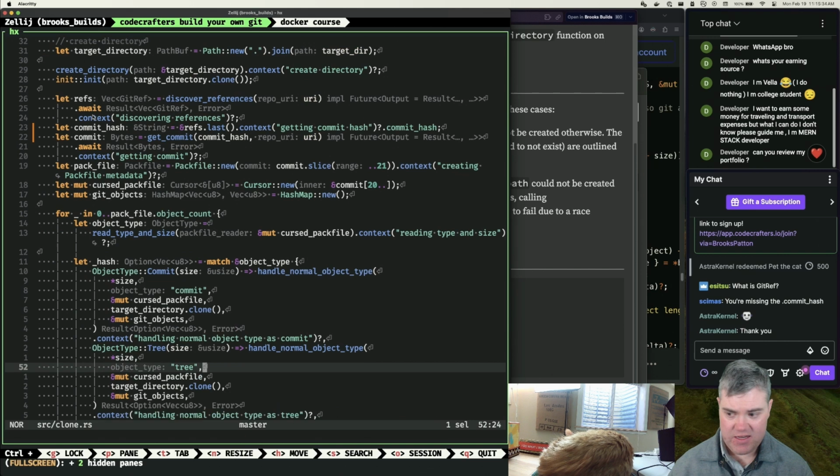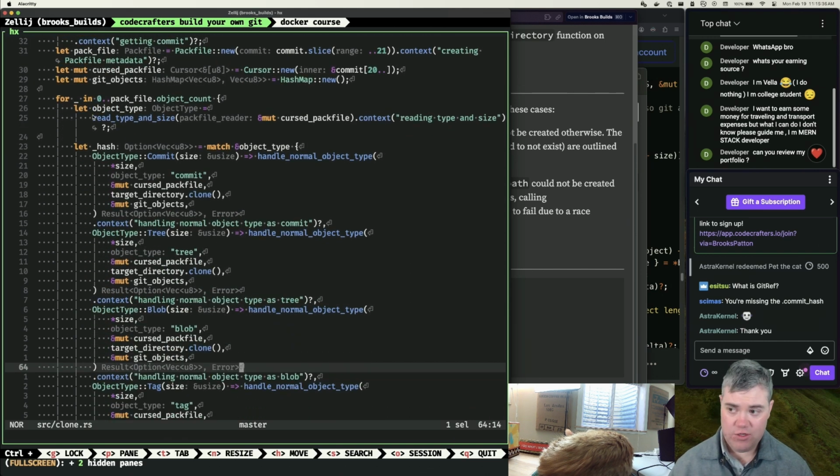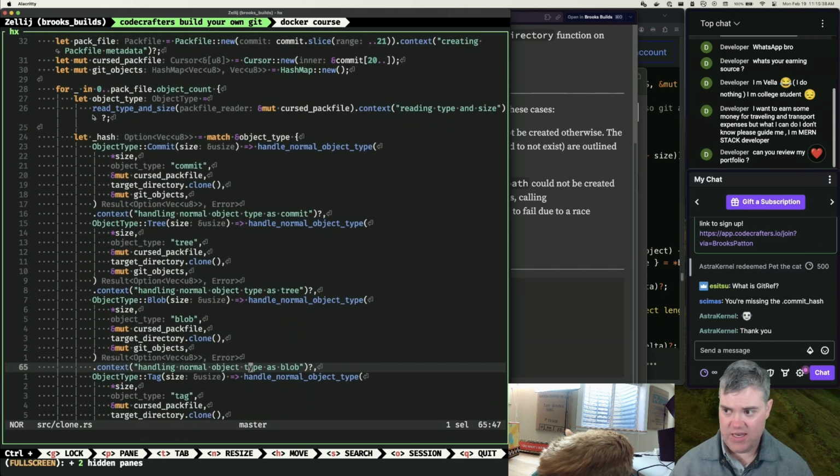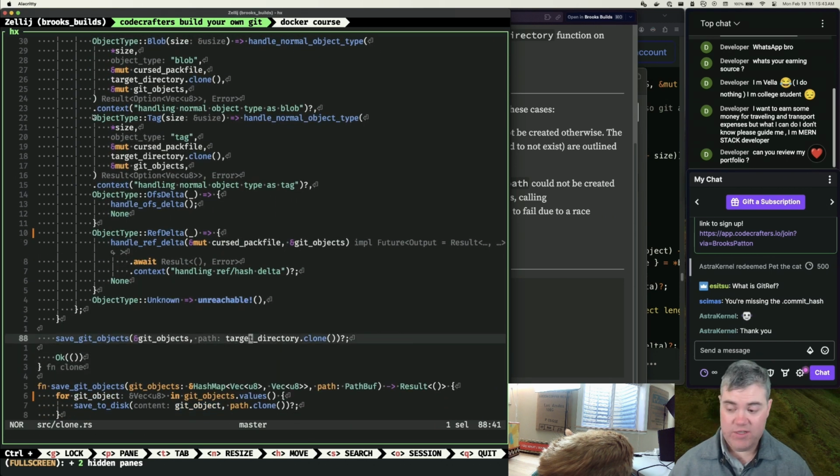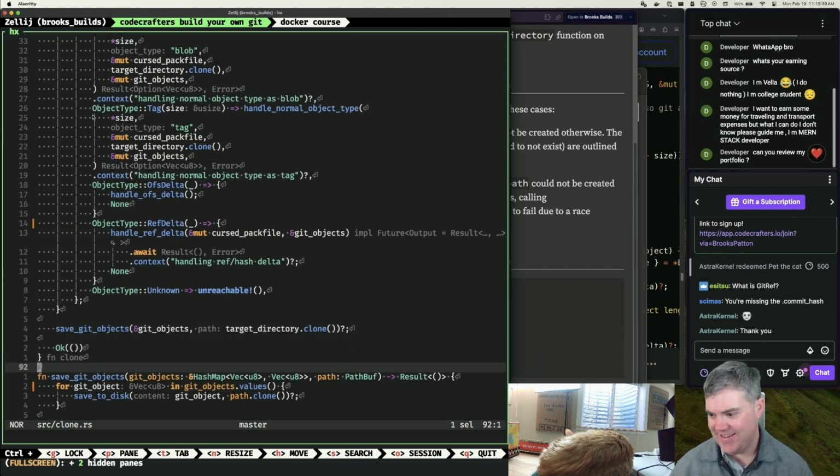And now that I have that commit hash, I can use you in another function and pass that in down here. So we save the git objects, which is good. We need to save them, but we also need